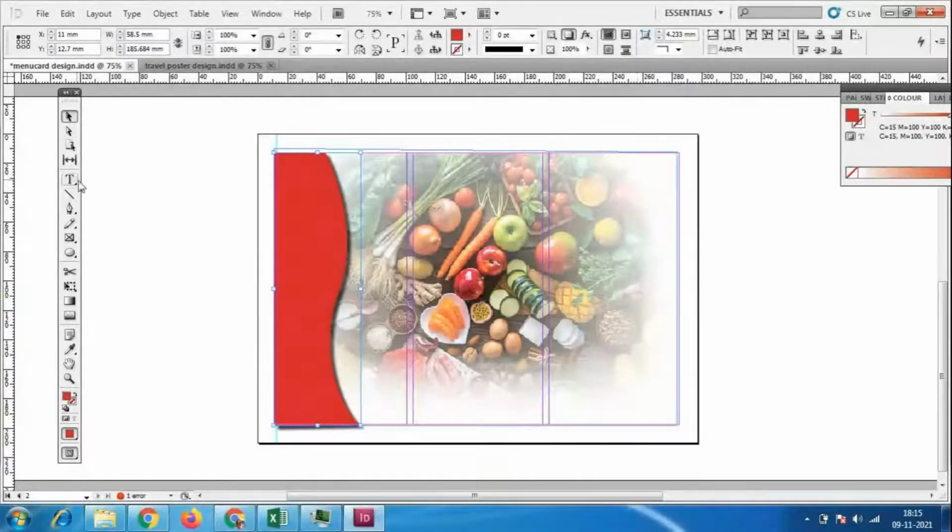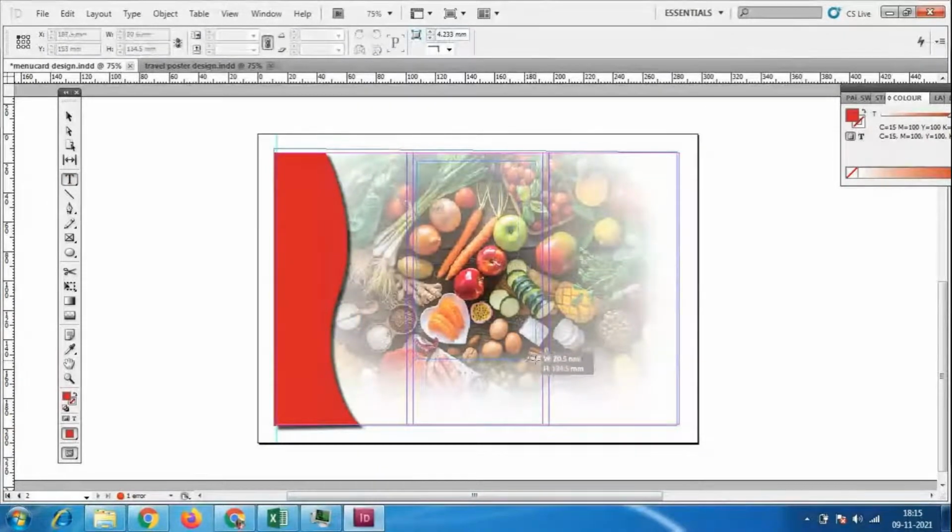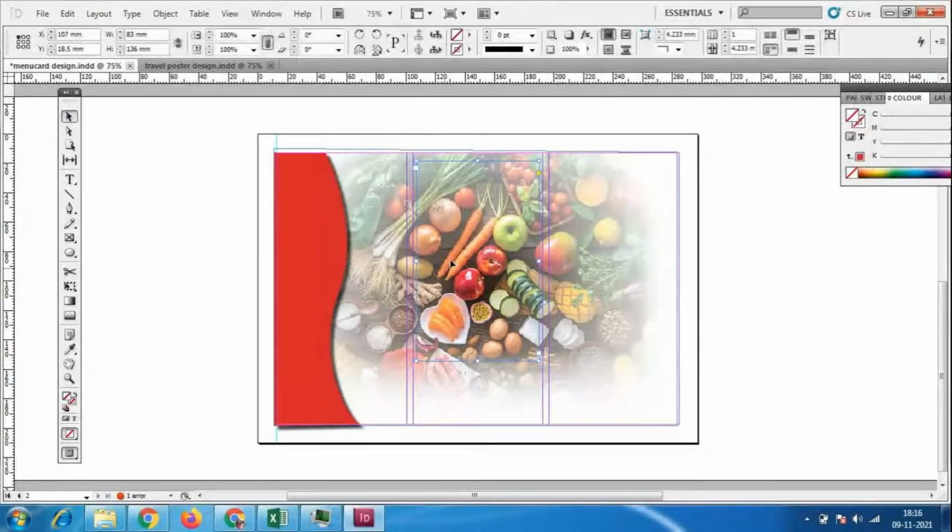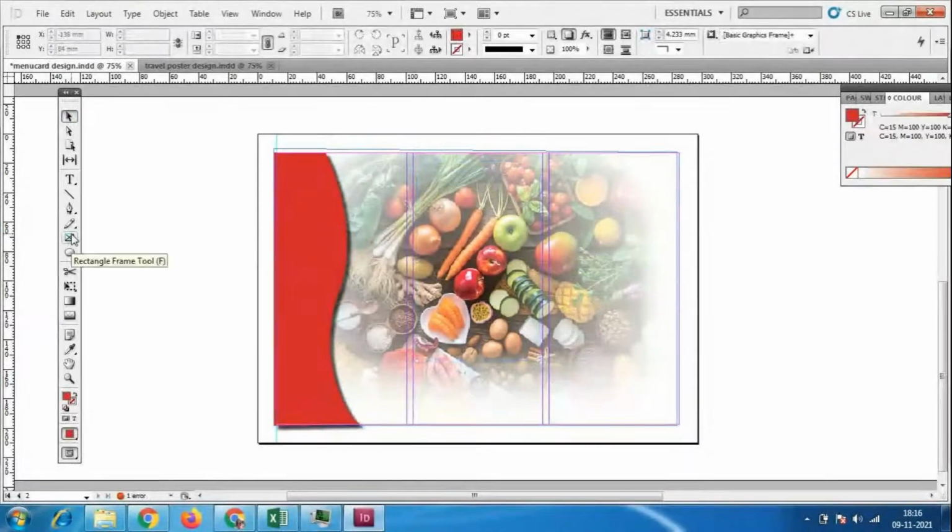Okay, so like this we could add text however much we want, even with a single image. Suppose I take this single image, file place.